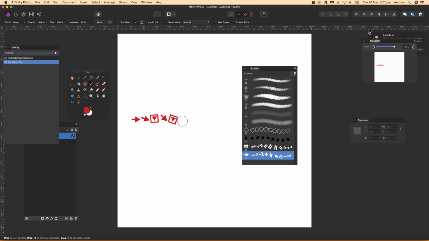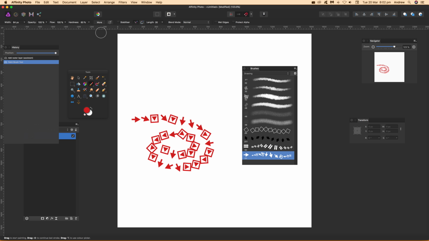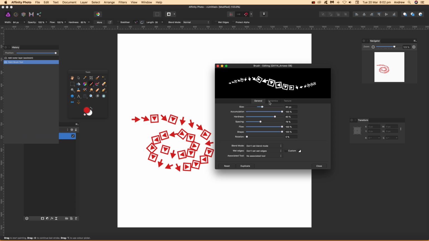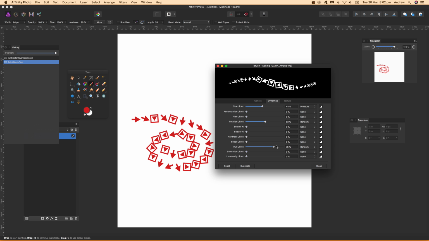And then just apply it. And you can see then as you go over there, you can actually apply it like that. You can also add, I'm just going to double click it again. You can go over here and say dynamics, hue jitter, as well as saturation jitter, etc. And I'm just going to add scatter as well. So you can see it's scattering X direction and scatter Y. So you can actually sort of make them,